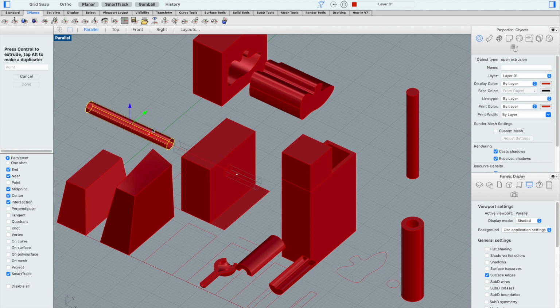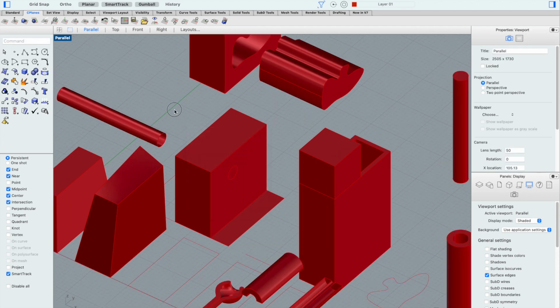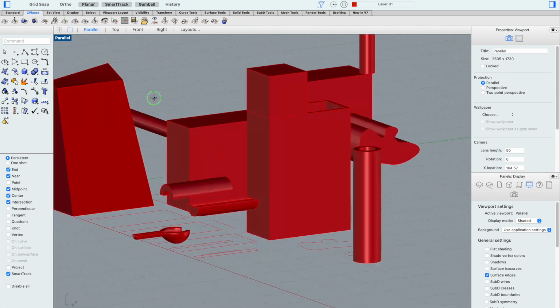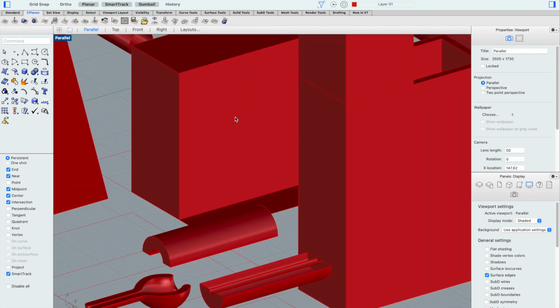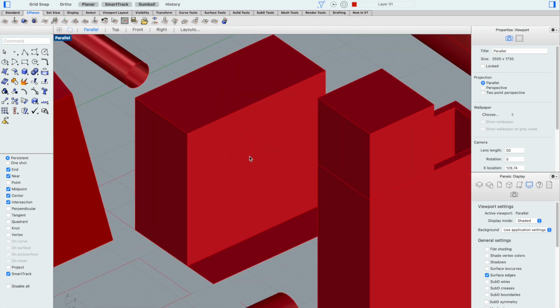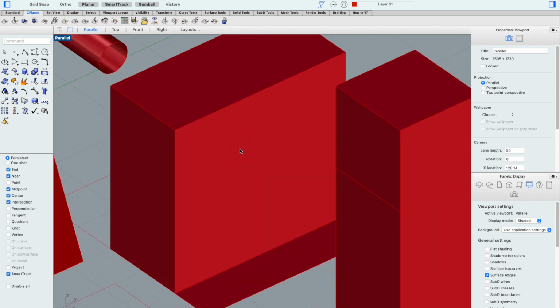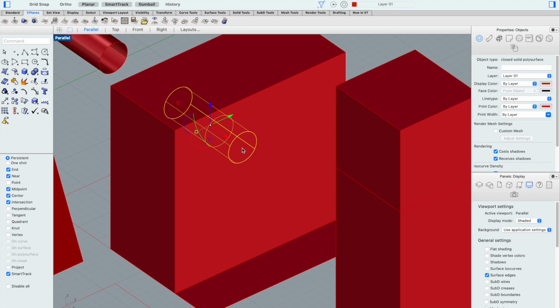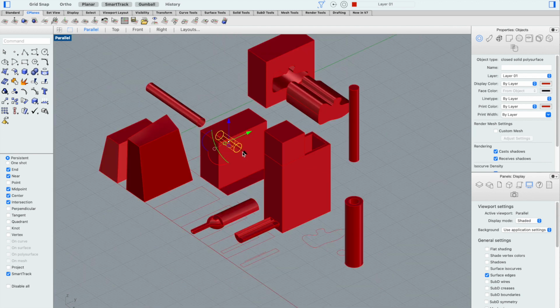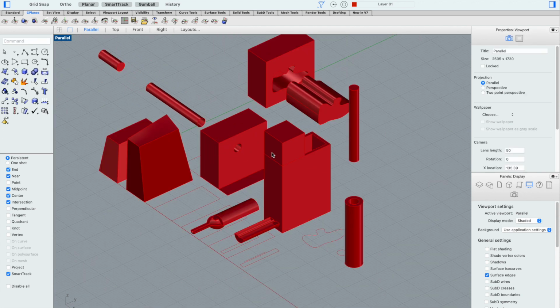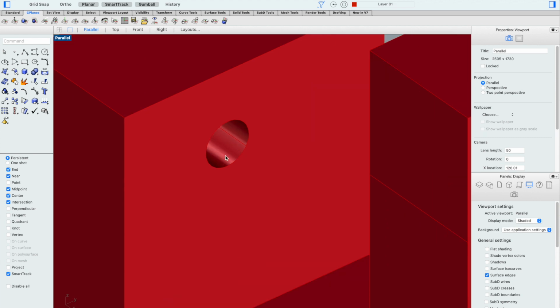And the way that that's going to look is it's not going to look very different. But you can see it's left a mark here. And the reason that it looks like this is because, again, like I said earlier, everything in Rhino is hollow. So I can grab this surface, pop it out, and it's gone ahead and made a closed surface inside of that